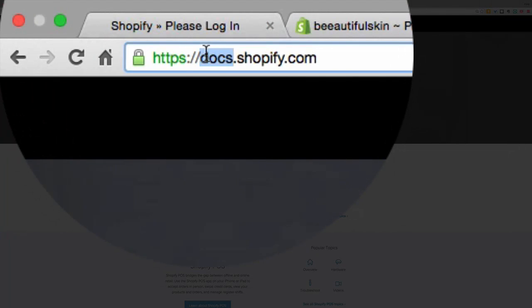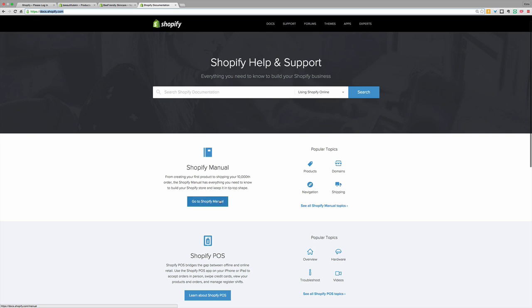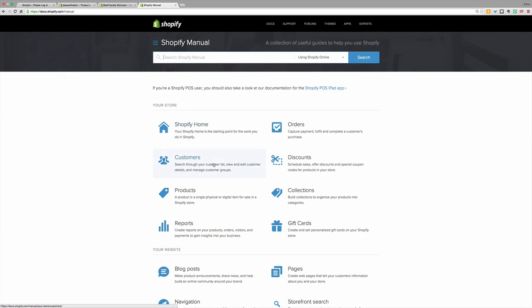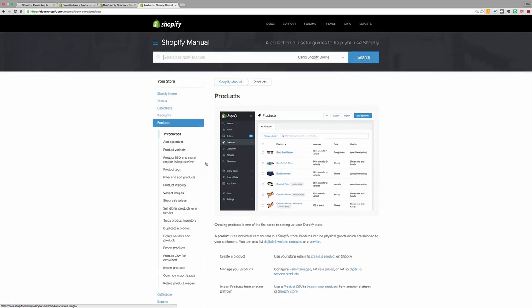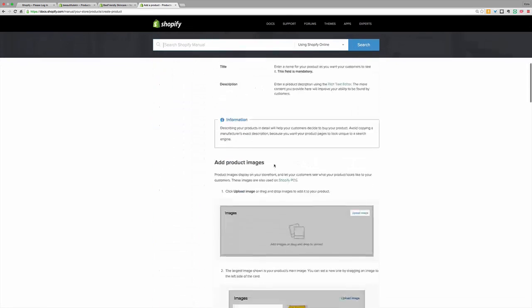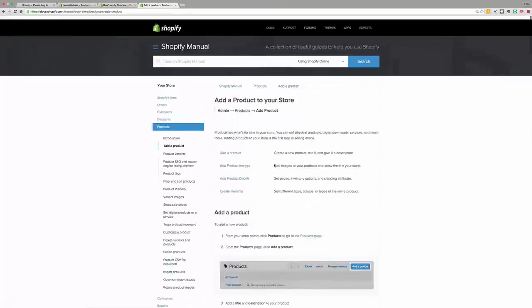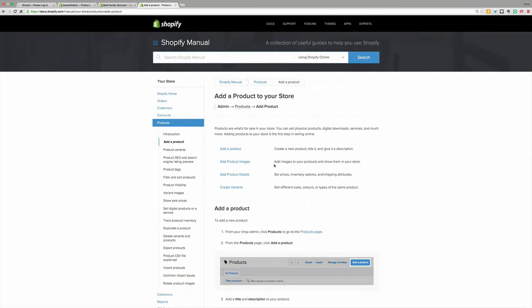Now, if you go to docs.shopify.com and you click on Go to the Shopify Manual, and then from this menu here, we'll click on Products, and that will take us into the actual manual. There's a section here on the left called Products, and there's a section called Add a Product that goes over in detail everything that I just went over for you. So you can go through this as well to get more details on how to add your product,